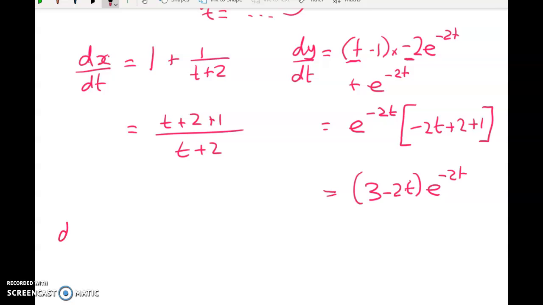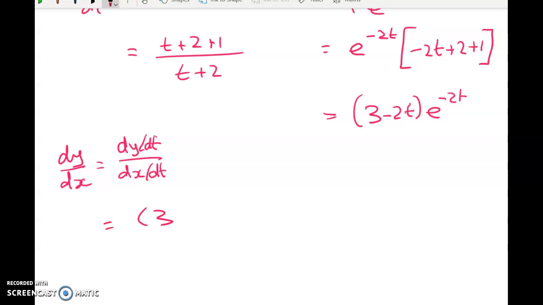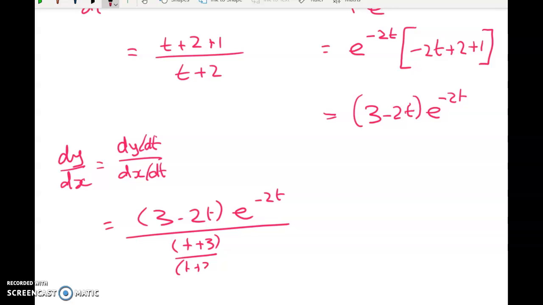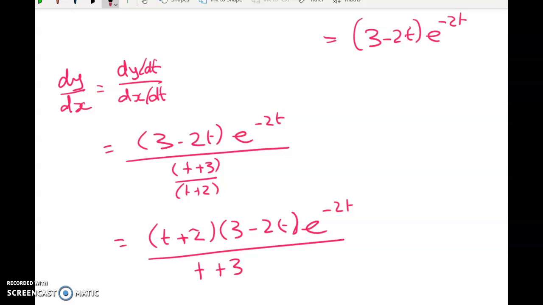So dy by dx is equal to dy by dt over dx by dt, using horrible diagonal fraction signs, but that's how it's going to be. So we've got (3 minus 2t) times e to the negative 2t, over (t plus 3) over (t plus 2), and we have to simplify that. So we make that into (t plus 2) times (3 minus 2t) times e to the negative 2t over (t plus 3). So that's the first bit done. That's your first 5 marks. And that equals 0